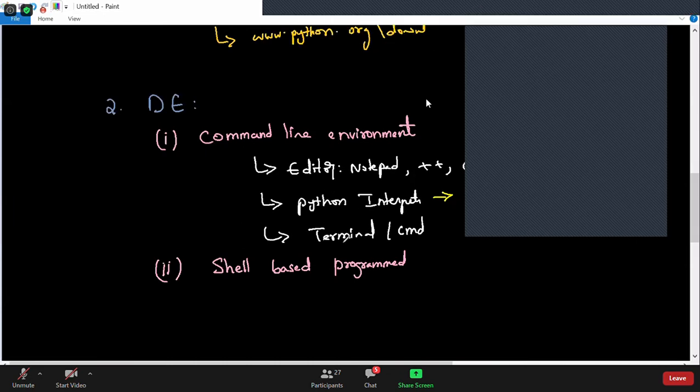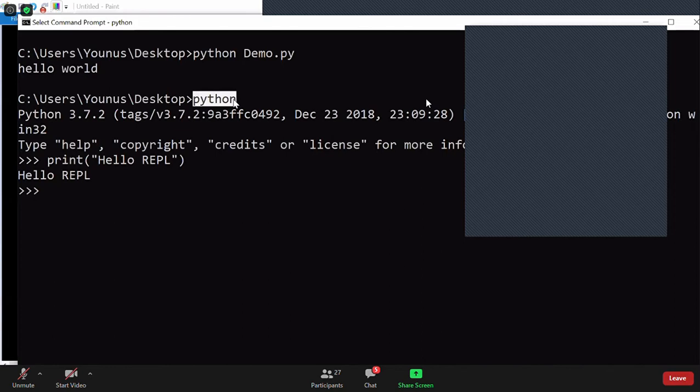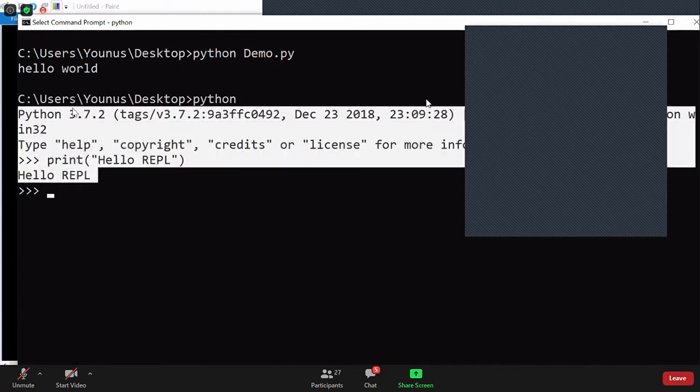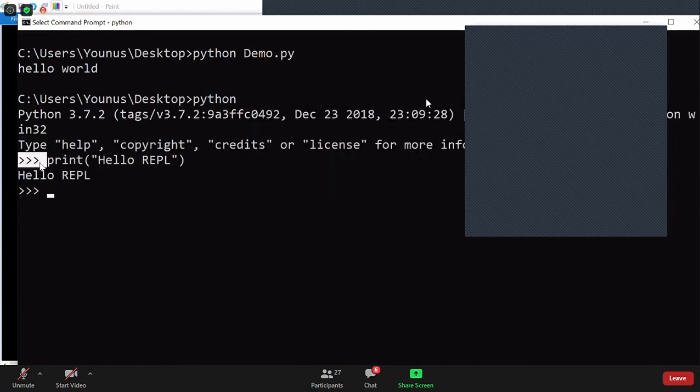Sometimes you don't want to do this big thing, you just want to check a few lines of code, so you can simply go to command prompt and type Python. Don't give a file name because I did not write any file yet. So I just give Python, it will take you to the Python shell now. It will show you which Python version you have installed, when it was installed, some help, and all. When you get this three greater than symbol, it means you're already in the shell now, you can write any Python code here.